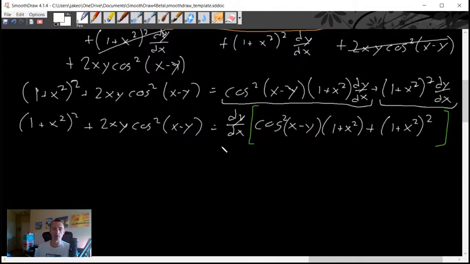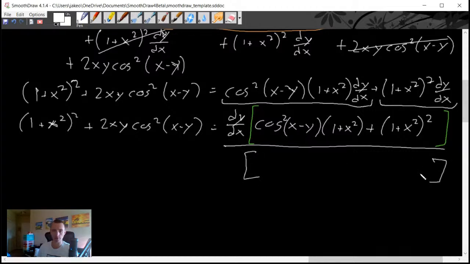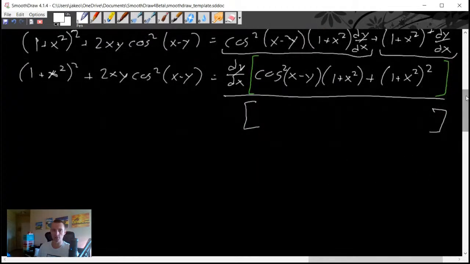Okay, and then once we've got just one single dy dx, again, this process worked perfectly. It was obviously a bit more complicated of an example, but now notice where we are right here, we only have one single dy dx times a whole bunch of stuff in parentheses. So again, super convenient. All we have to do is divide both sides of the equation by everything within these parentheses here. And doing that is just going to give us dy dx